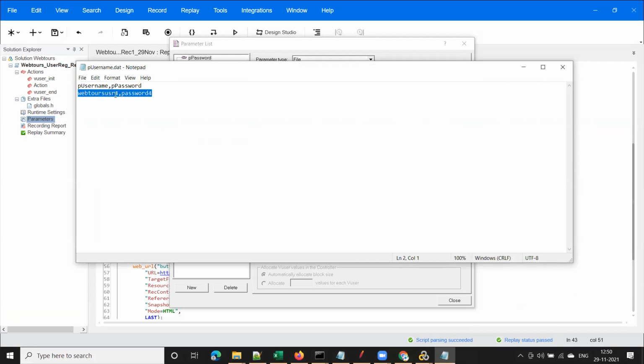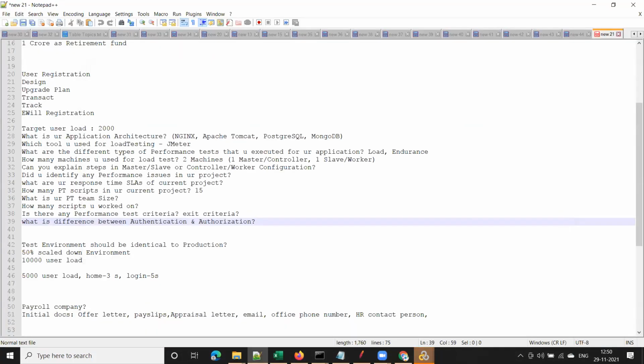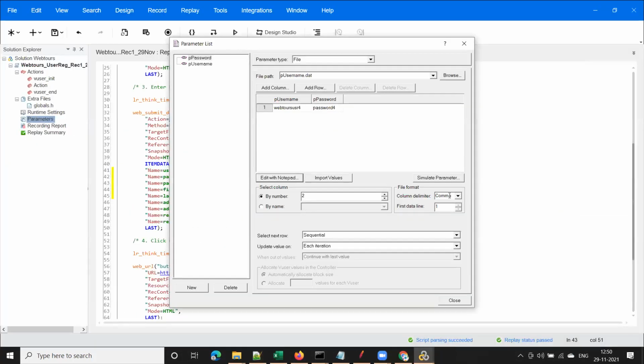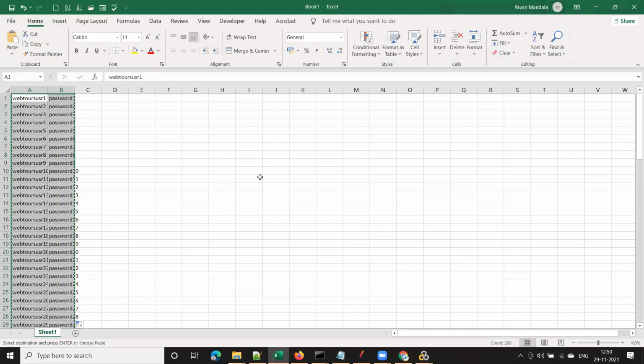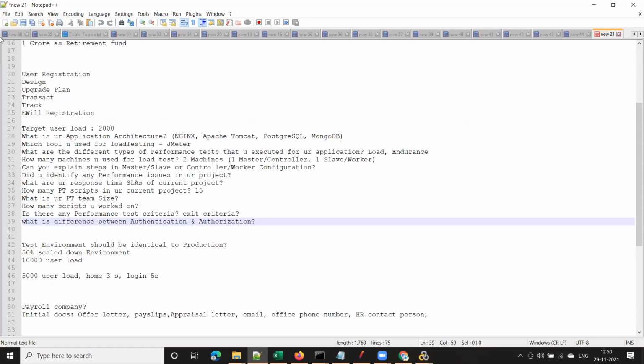So you have to provide data in this way, because by default the column delimiter is comma. You have to provide the data separated by commas. Understood? Is it clear? Are you able to follow?